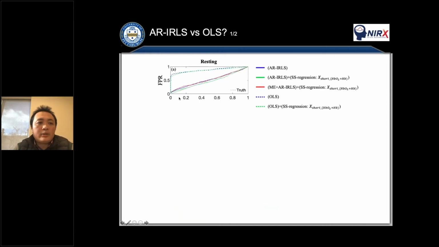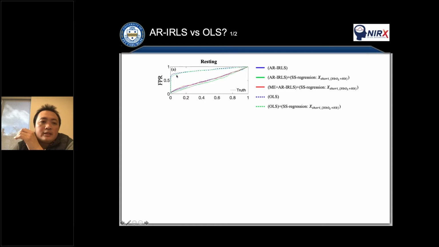And then the next question is, is it better to use autoregressive or OLS? So we also compare these two algorithms, autoregressive and OLS, with short separation as regression, and mixed effect also. You can see from here the type 1 error; the ideal should be a diagonal slope equal to 1.